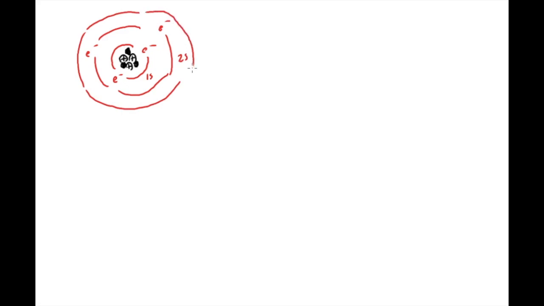And if we imagine that this is one shell, which holds a maximum of 2 electrons, let's pretend this is 1s, and you have another shell that is 2s, and so on. Let's draw another shell just for this example, and let's call this the 2p, and it is partially occupied. Depending on where the electron is, it will experience a different force from the protons in